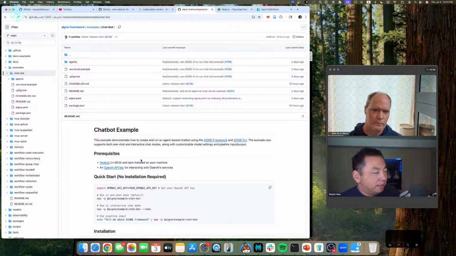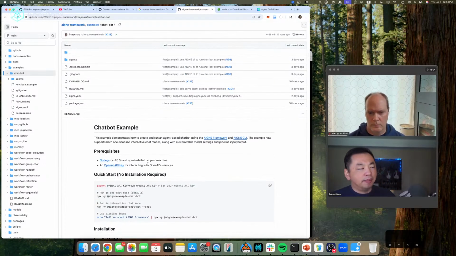So the second step is the OpenAI API key. This is like the current minimum requirement for you. You need to run the AIGNE framework. You need an OpenAI API key. And just before I prepared for today's hackathon, I actually wrote something on our team site, saying that we need to eliminate this one as well, because probably not everyone has an OpenAI API key. Even if you have OpenAI, probably you don't know what the OpenAI API key is.